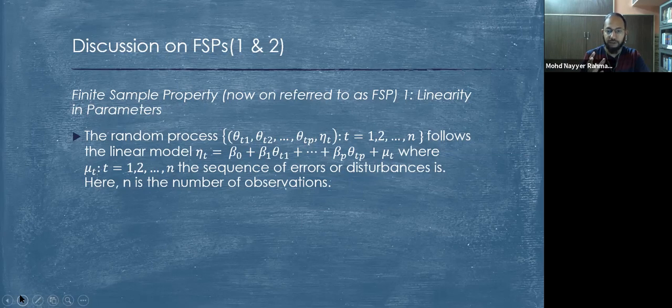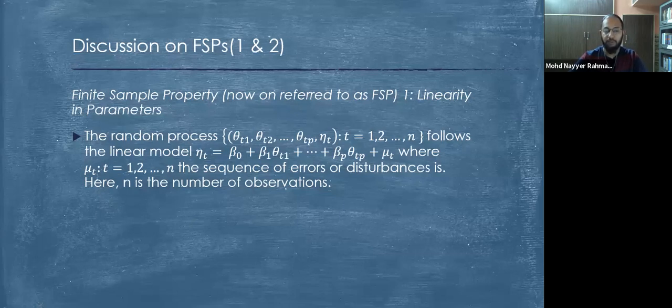That's why, for a simple model, which we call a parsimonious model, one that is easy to forecast and for human beings to understand, linearity is selected. But this linearity is not in the independent variable. This linearity is in the coefficient with the independent variable. So this is the assumption that the random process follows the linear model, that everything is linear. I'll make it simple for you and not go into mathematical terms.